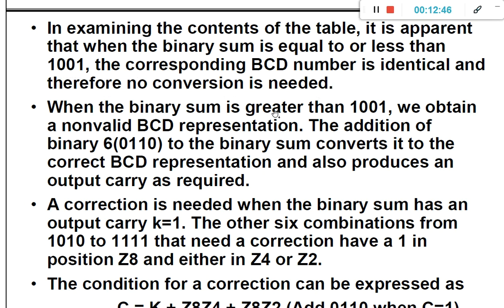When the binary sum is greater than 1001, that is from 10 to 19, we obtain a non-valid BCD representation. The addition of binary 6 to the binary sum converts it to the correct BCD representation and also produces an output carry as required. Okay, so what we did, the same thing we have actually seen in these particular lines of representation.